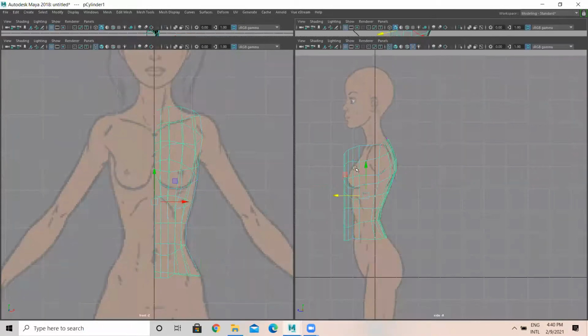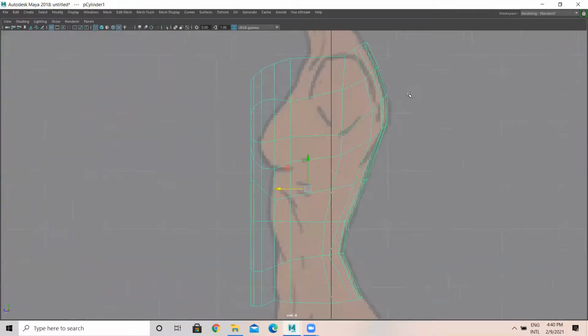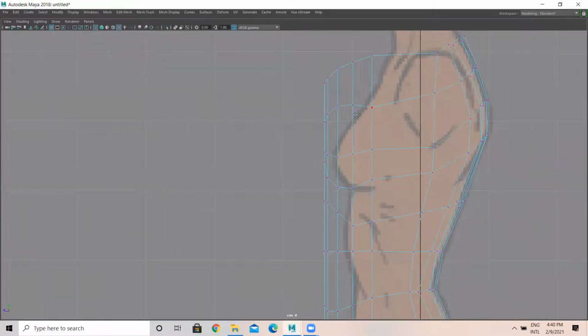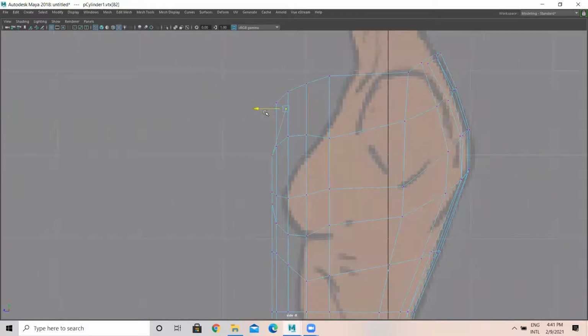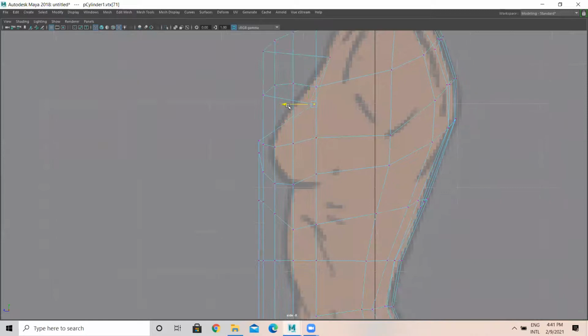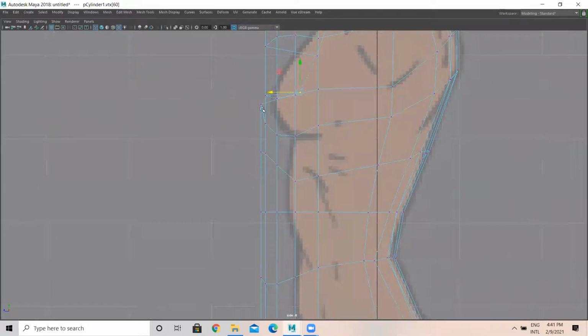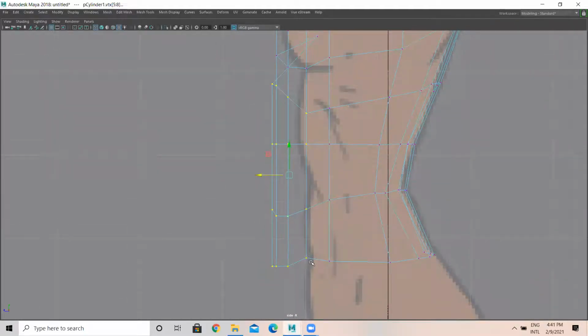Now let's come to the front part. Okay, now the front part. So go to vertex mode. This is the first line. This has to go inside this outline. Outline, reference outline is there now. Inside this. And select this line. It has to go here, like this. And select this line. It has to go here. Select this line. It has to go here. Okay. This part, you can just scale it something like this. You can just push it inside. Anyhow, we'll work on this. Something like this. We can work on this particular part.